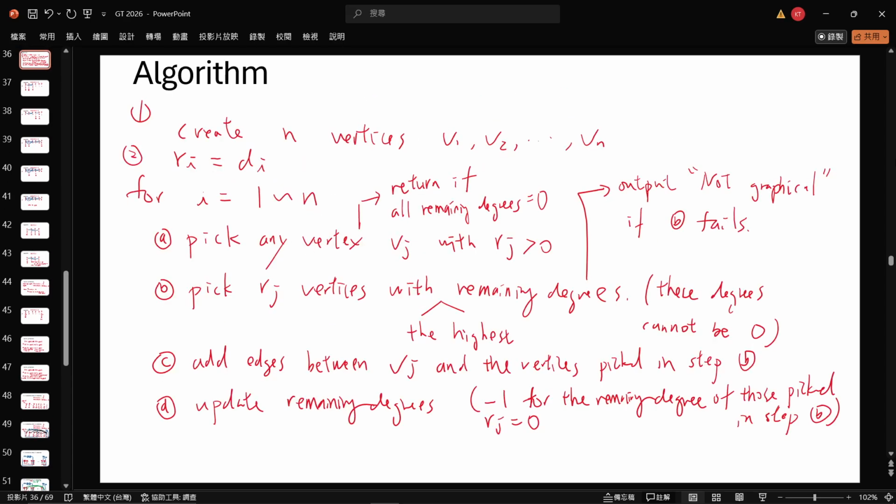And this time, the key point is step A. Next week we're going to show that if we're more careful when we pick this vertex in step A, if this Vj is the one that has the smallest remaining degree, then the algorithm will always output a connected graph for any potentially connected degree sequence. 就下礼拜我们会去讲，如果我们在这个 step A 选的这个 vertex 不是随便一个，OK，这边我们都随便你想选哪一个都可以。那如果我们选的这个是 remaining degree 最小的那一个，那我们可以保证说最后 output 的 graph 一定会是 connected，OK，当然前提是我们给定的 degree sequence 是 potentially connected，OK。好，所以我们今天就上到这里。